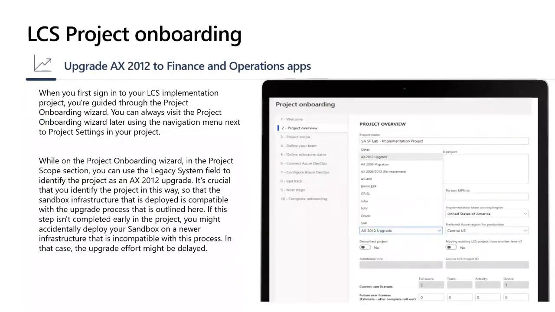Now, the second step is LCS project onboarding. As we all know, LCS is an administration portal with multiple purposes. It's a collaborative workspace to manage the entire project lifecycle, starting from onboarding to the service. Now the question comes: why are we starting with LCS project onboarding while talking about upgrade from AX2012? And the answer is, in the project onboarding wizard, in the project scope section, you can use the legacy system field to identify the project as an AX2012 upgrade. It's crucial that you identify the project in this way